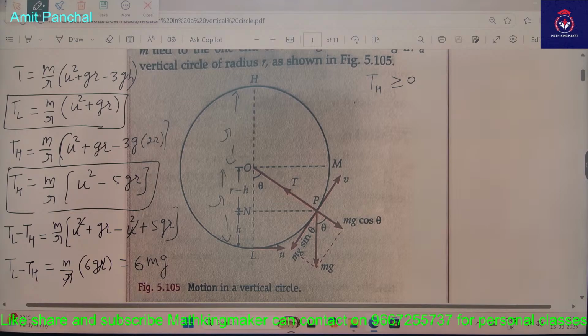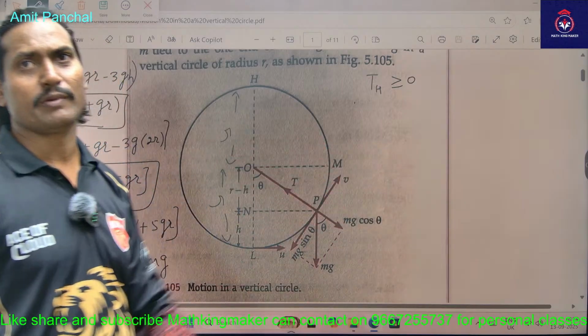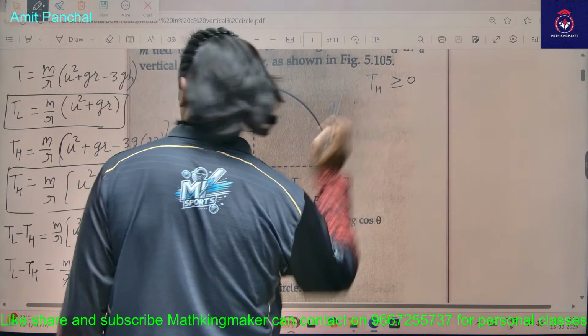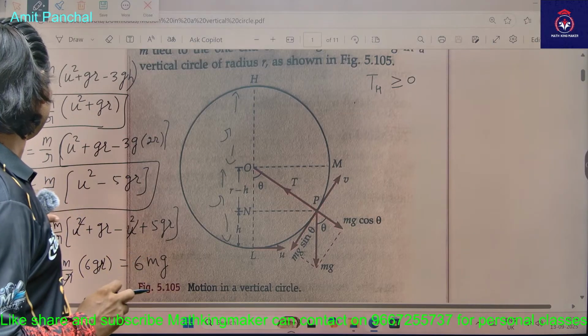Even equal to 0 is okay. Yeah, equal to 0 is also okay, because by Newton's first law, it is in motion, so it will keep continuing in motion. So that means if TH is greater than or equal to 0, if you put it in this formula,